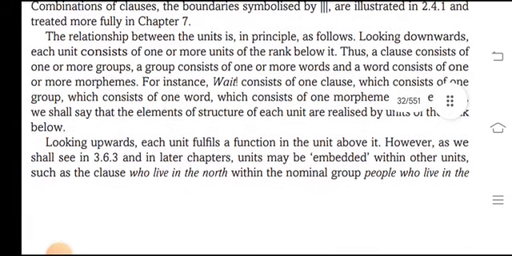The relationship between the units is, in principle, as follows, looking downwards. Each unit consists of one or more units of the rank below it. Thus a clause consists of one or more groups, a group consists of one or more words, and a word consists of one or more morphemes. For instance, the weight consists of one clause, which consists of